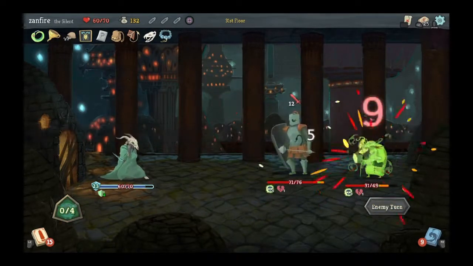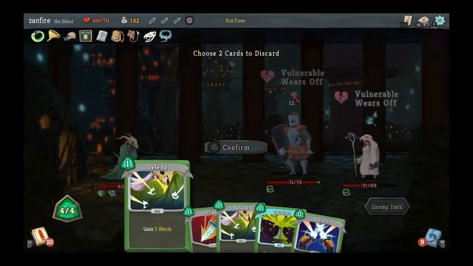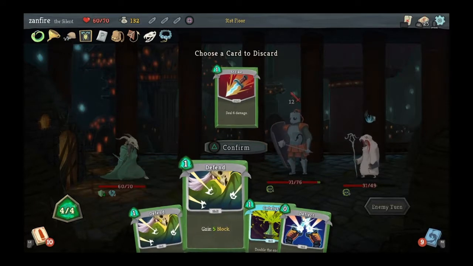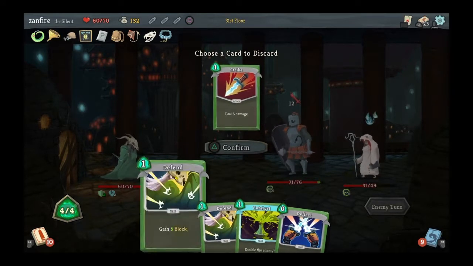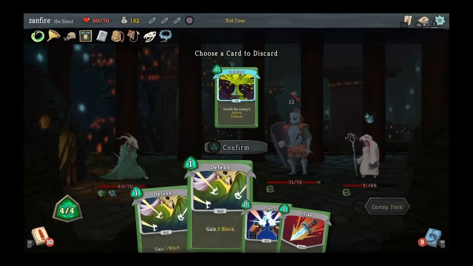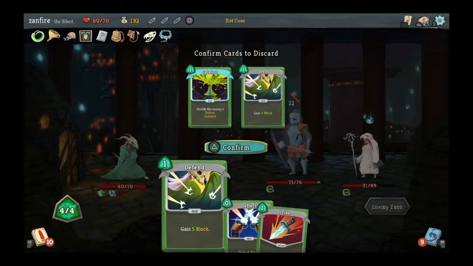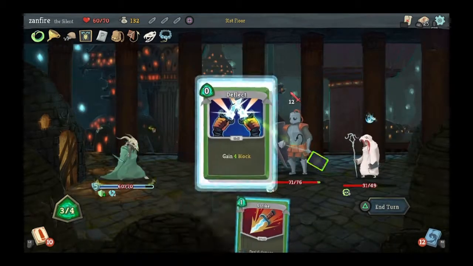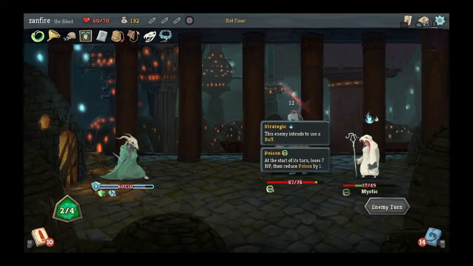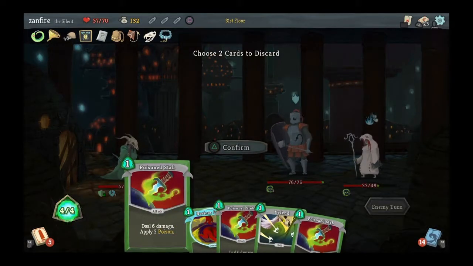I decided not to go with Catalyst quite yet because I wouldn't be able to take him out even with it, I believe. So now I believe I discard the strike and the one defend. Oh no, I'm keeping the... I'm getting rid of the Catalyst. That's an interesting choice. Maybe even with the Catalyst it would not have been enough damage to kill him, so...